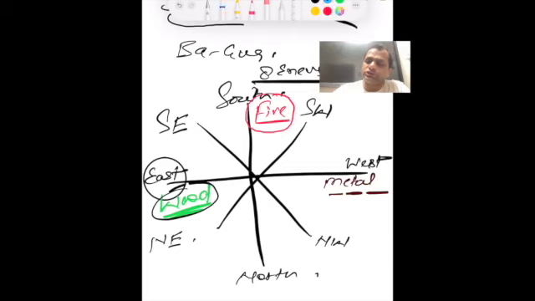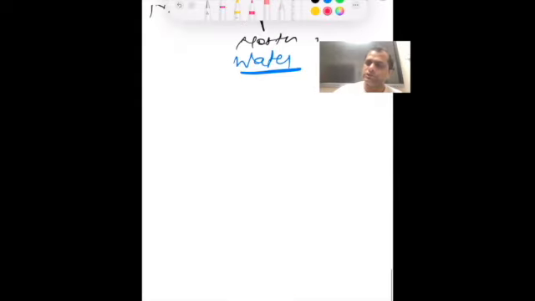And north is the direction of water. We know that south is the direction of fire and north is the direction of water. We are already aware of all these things. If we talk about the four directions,